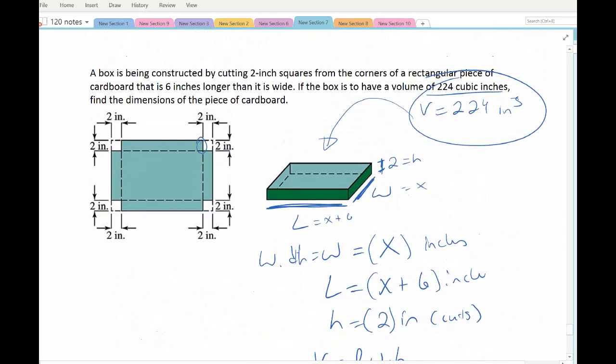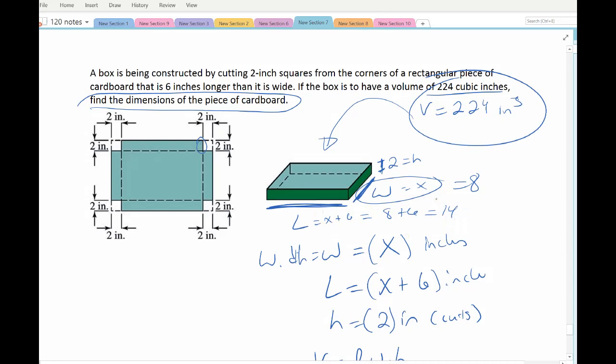Which, again, is only part of the answer. I want to find the dimensions of the box for the piece of cardboard. And so I already know this has to be 8 inches. This has to be 8 plus 6, so that's 14, right? So my box has to be 8 inches by 14 inches, but that's not